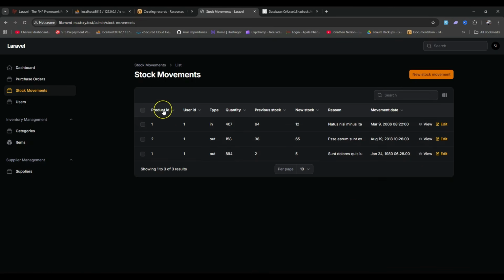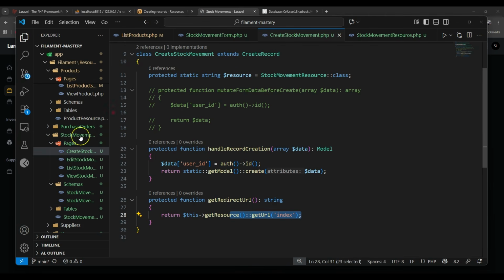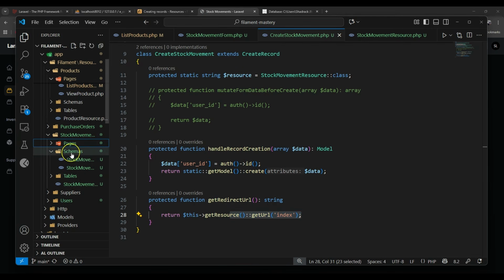And here you need to update the stock movement table, because you see the product ID and user ID, so you need to change those. Okay, so for example, on table,